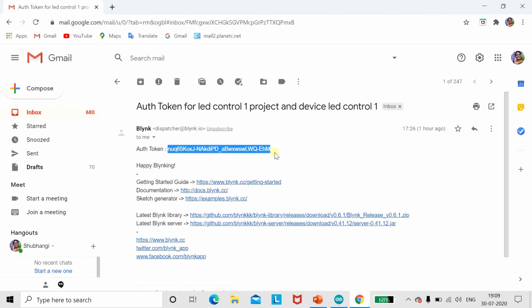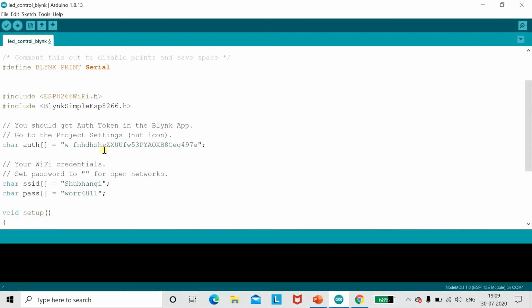Copy this token. Paste, then upload. It is now compiling our sketch.